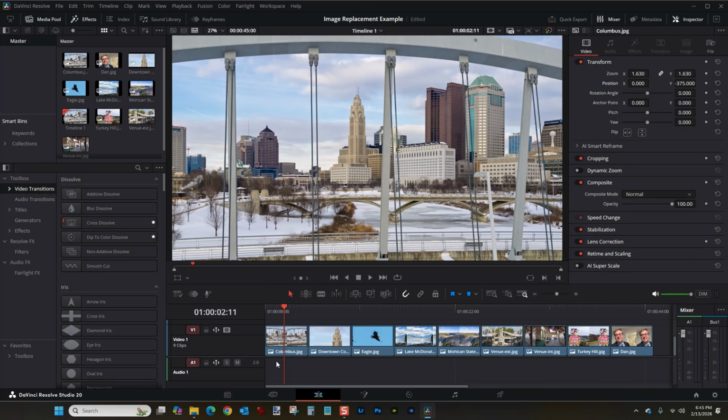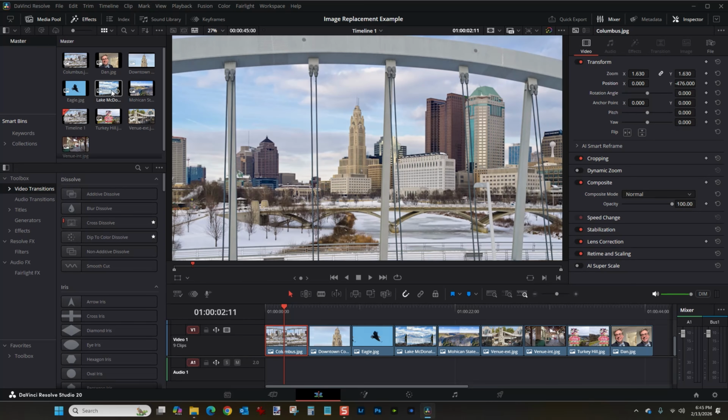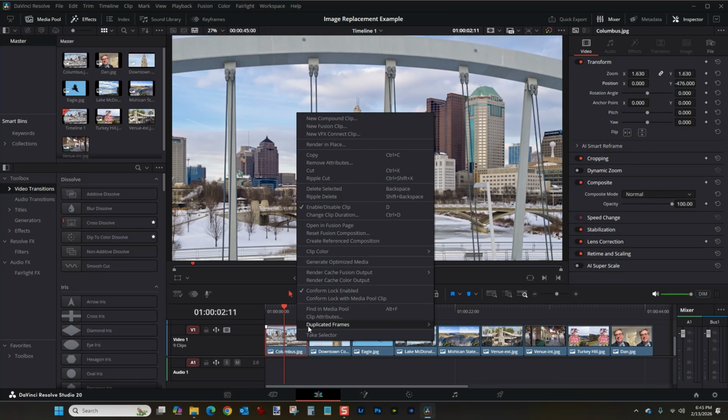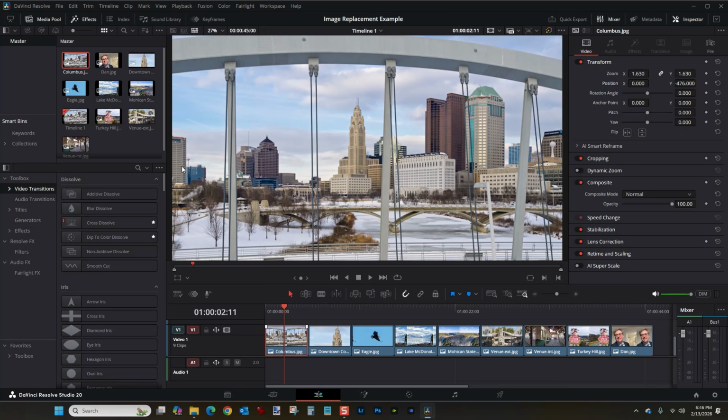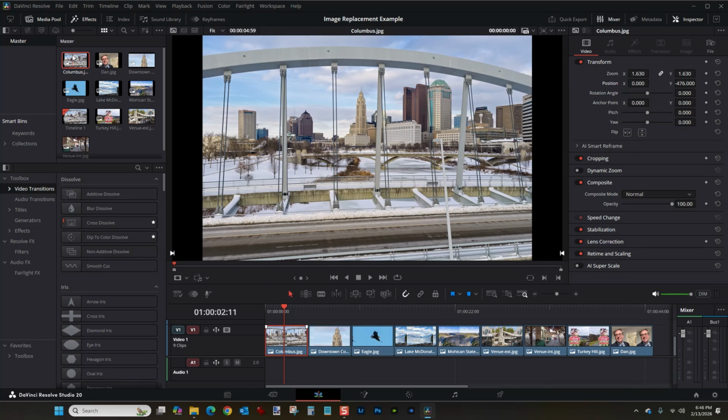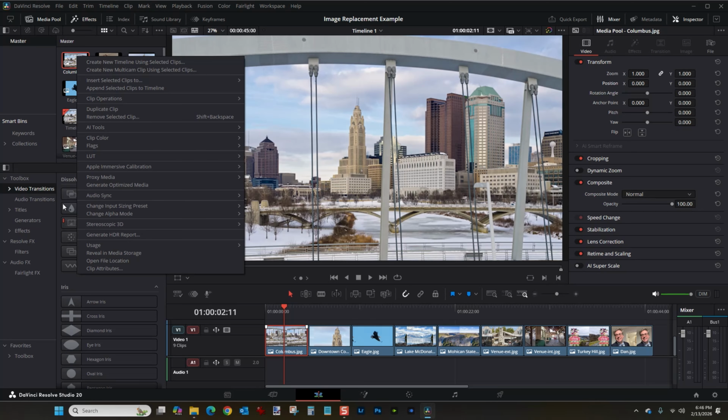So let's go through the process of opening the photos, sharpening them, and then replacing the existing ones with the new ones. And I could have 100 different things here in my bin. So to find an image or any of my media, if you right click on it in the timeline, go to Find in Media Pool, and it'll find it for you. If you right click it here and you go down to Open File Location,